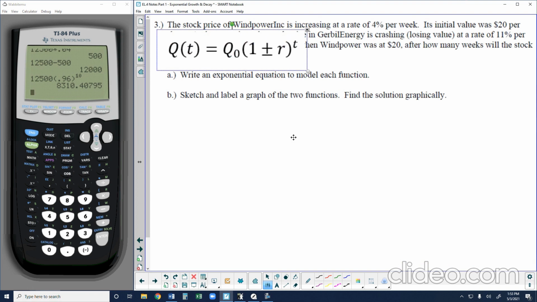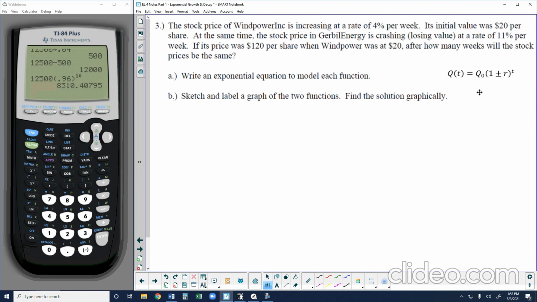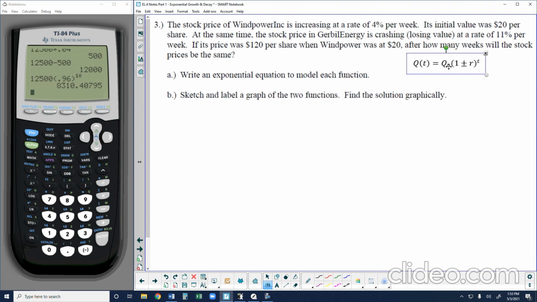Let's take a look at one more example problem. So I'm going to bring my formula over here so we can reference it. It says in problem number 3, the stock price of Wind Power Inc. is increasing at a rate of 4% per week. Its initial value is $20 per share. At the same time, the stock price in Gerbil Energy is crashing. It's losing its value at a rate of 11% per week. If its price was $120 per share when Wind Power was at $20, after how many weeks will the stock prices be the same? So in part A, it says write exponential